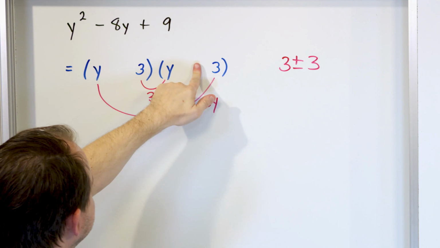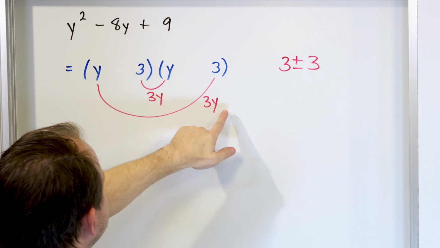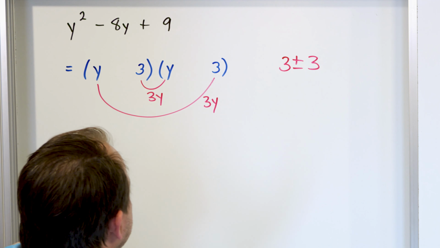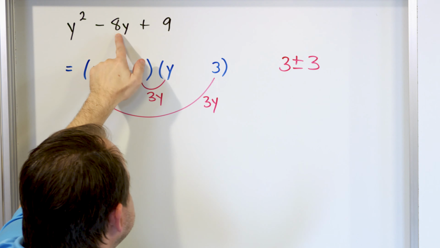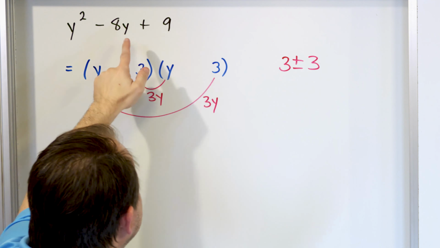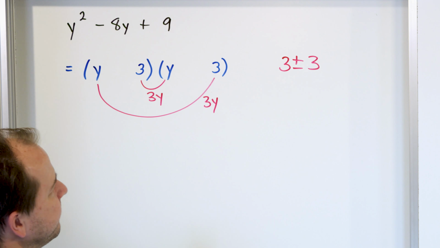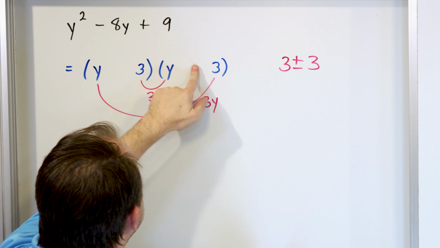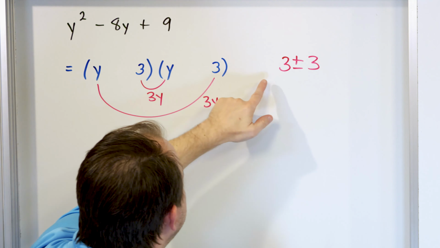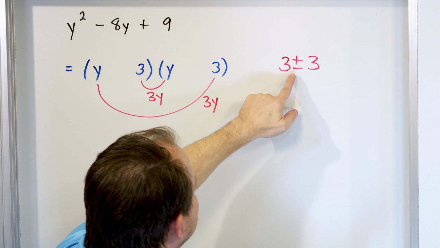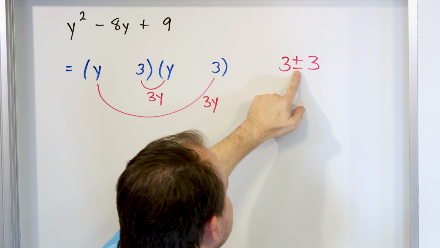If I put plus plus here, I'll have positive 3y and positive 3y. I'll be adding them together. Now I've dropped the y's here because it doesn't matter. It's just the numbers that need to really match, right? But 3 plus 3 is 6. There's no way that's ever going to give you 8. Now, if I choose a minus and a plus, then I'll get a negative 3y and I'll get a positive 3y. So I might actually end up subtracting these terms, meaning it could be a minus sign. So when you're evaluating